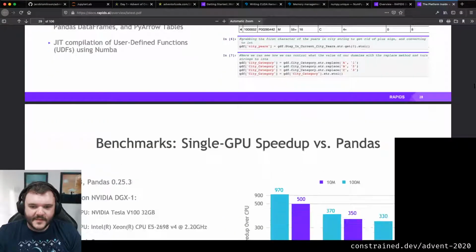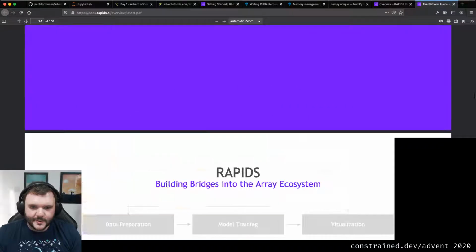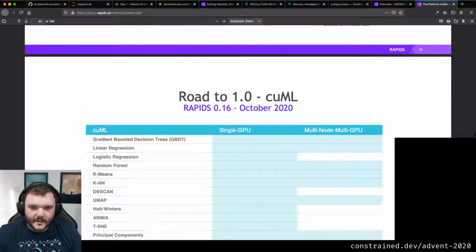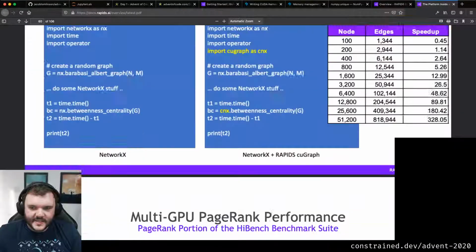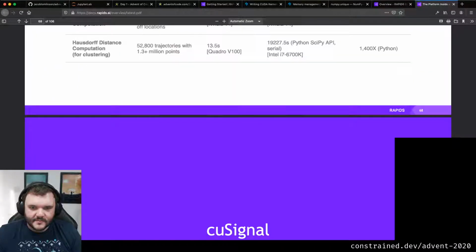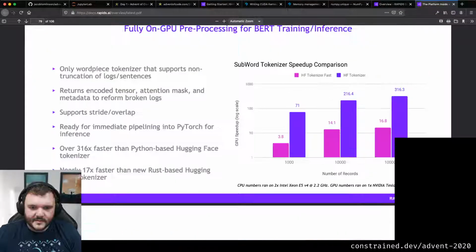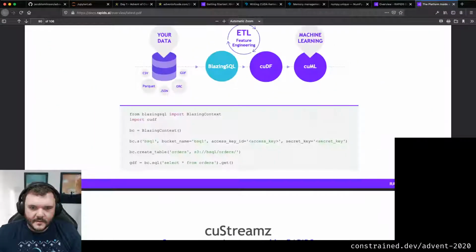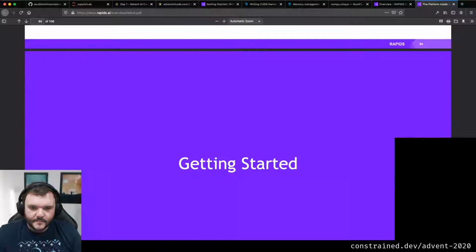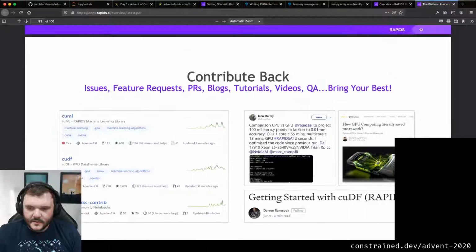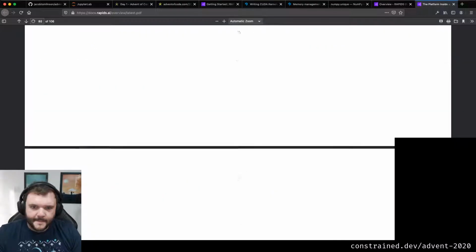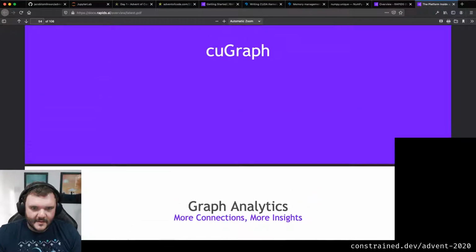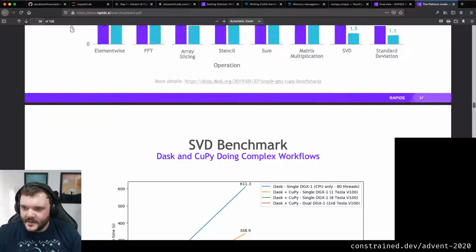These slides are reasonably useful, especially if you want to show people Rapids. I just want to see if there is a CUDA array interface slide in here. Maybe it was at the beginning. There's a lot of slides in here.